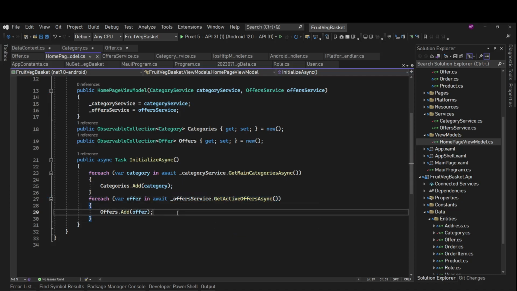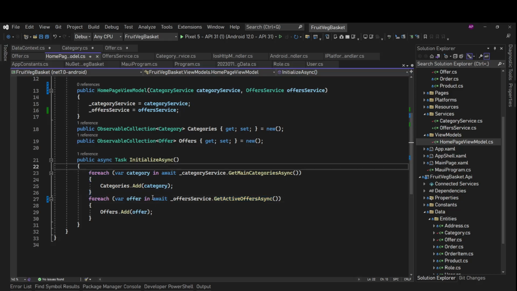Now it will work, but there is one problem with this approach, a performance problem. Currently the execution will come here, it will await here, it will do things, then it will go there. But these two, offers and categories, are not dependent on each other. So we can have these run in parallel.